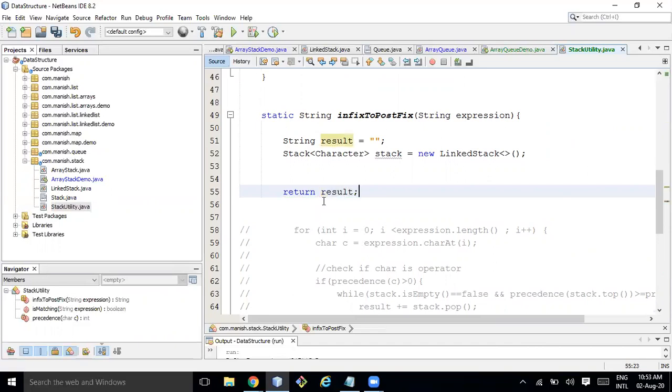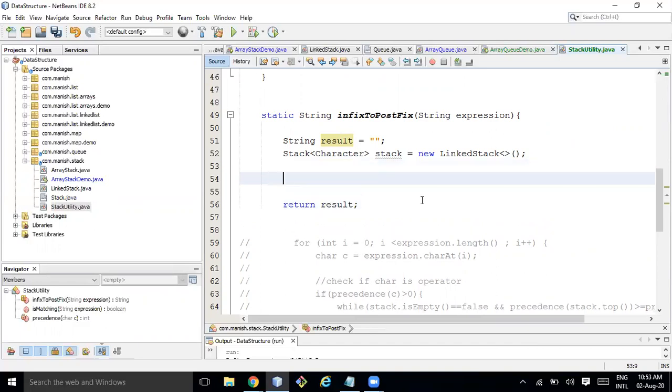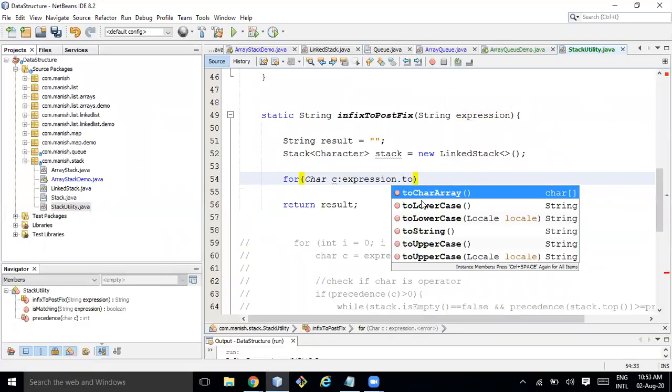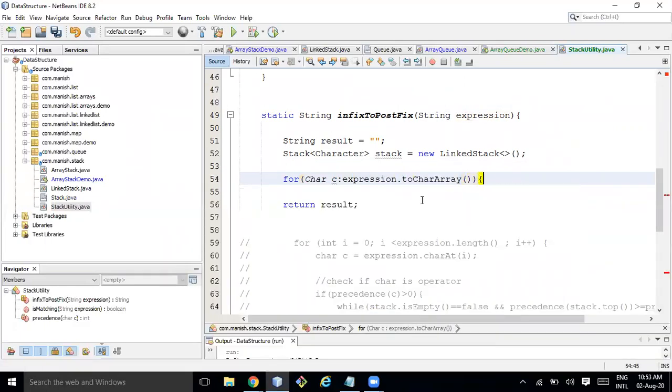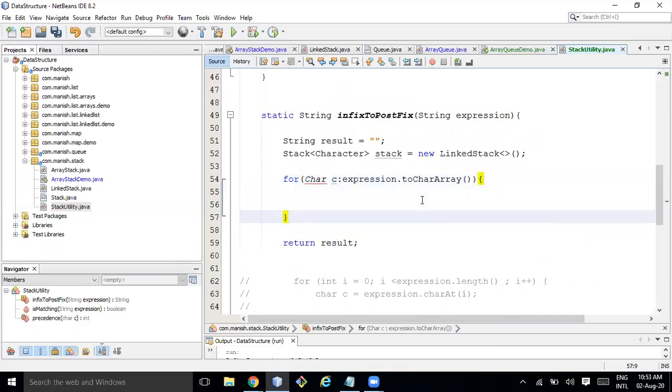First, I need to loop over the expression. We can do it like this: for each char c in expression.toCharArray().